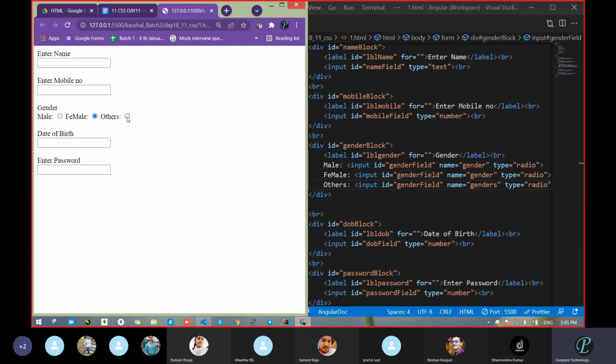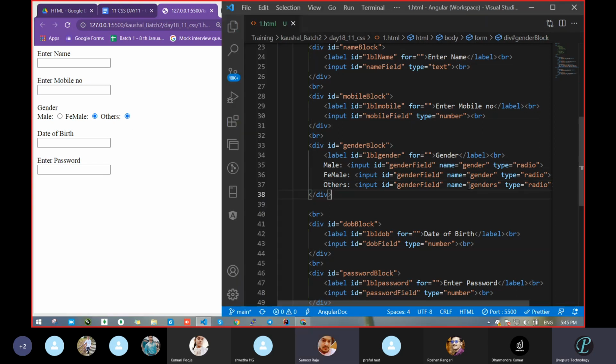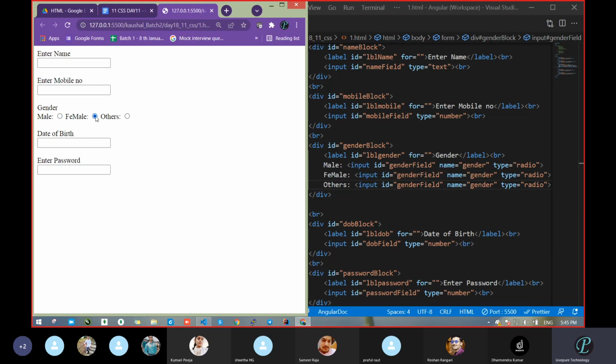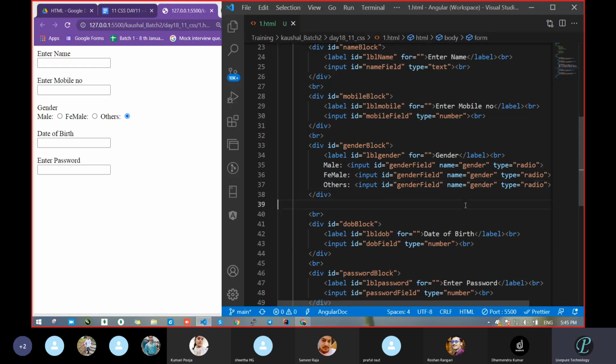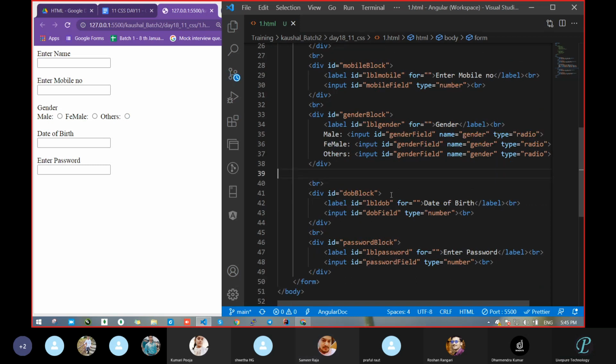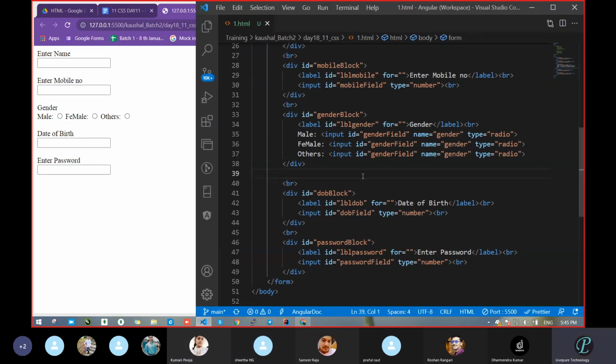But what about the third? The third has the name S, means genders. So see, both got clicked. Clear? So with the help of the name property, we can make a relationship and combine everything together this way. Clear or not? Next. Sweta, Pooja, clear? Yes, sir. So wherever it is required, you can do it this way. In the gender case, the main things are the name property and type equal to radio.